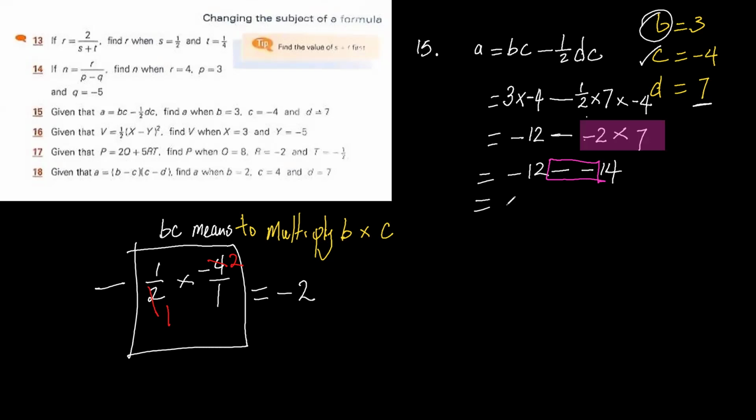So now we have negative 12 plus 14. Good, good. So, Faith, negative 12 plus 14, what are we doing? Are we adding or subtracting? So we are subtracting. So is my